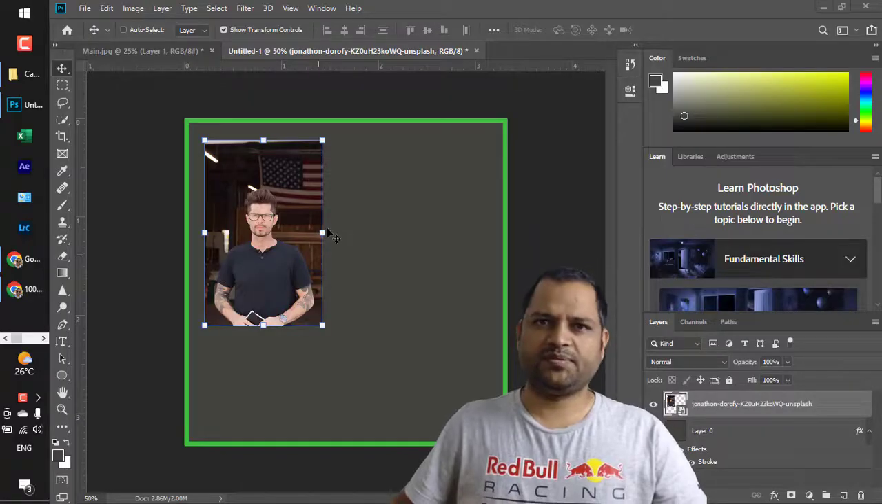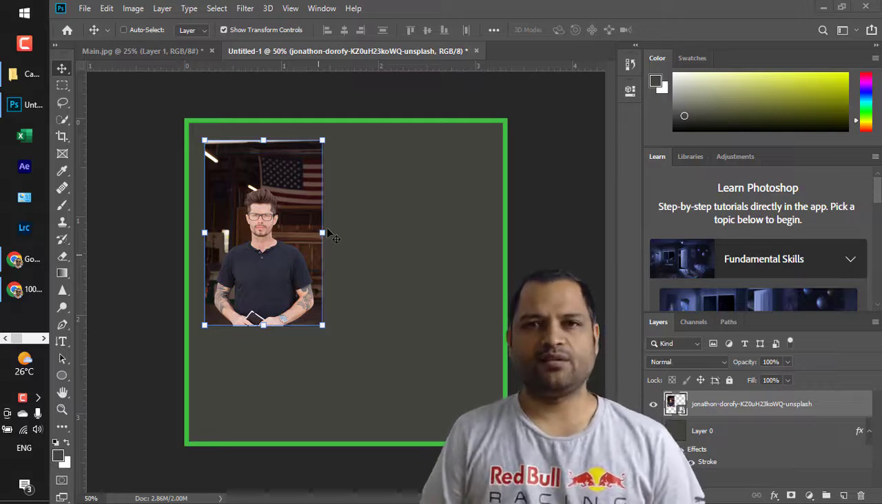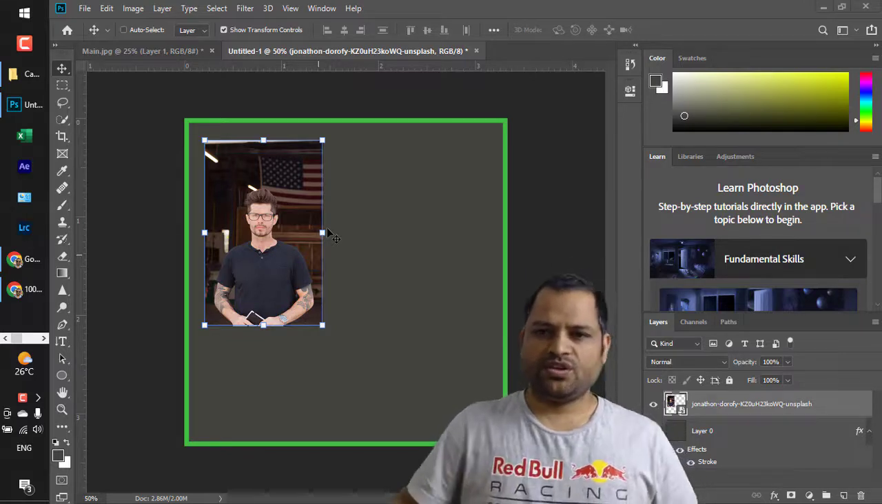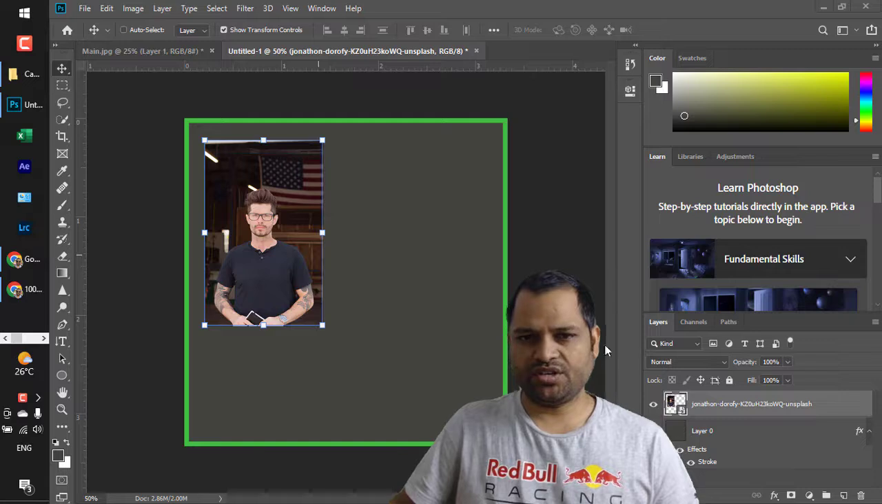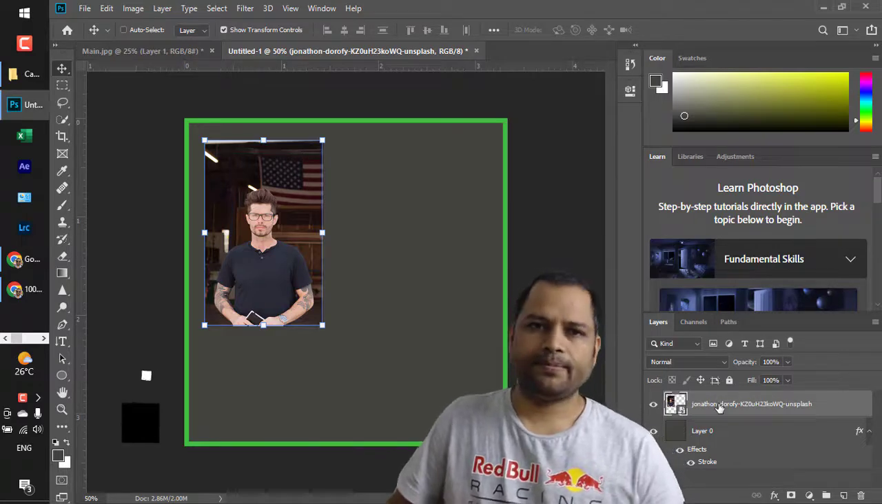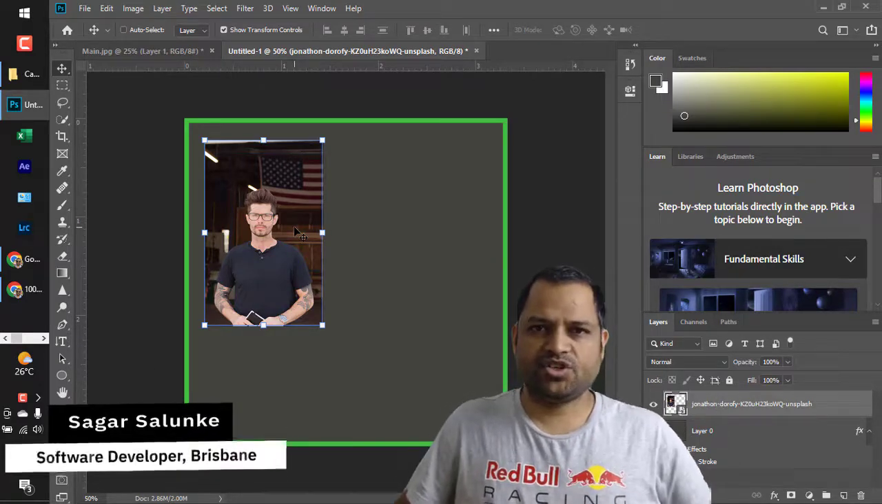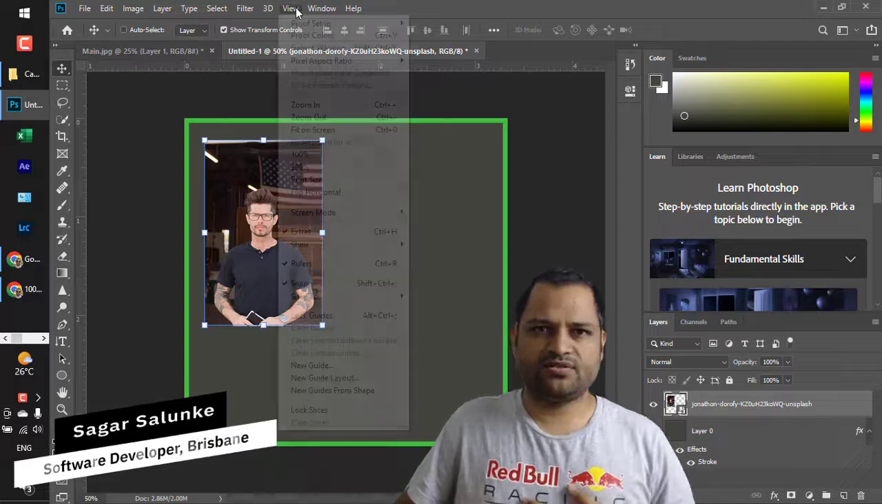In this video, I will explain two ways in which you can center the image in Photoshop. So here you can see that I have got this image and it is in a separate layer, as you can see here. So to center this image, the first way is, first of all, you go to the View